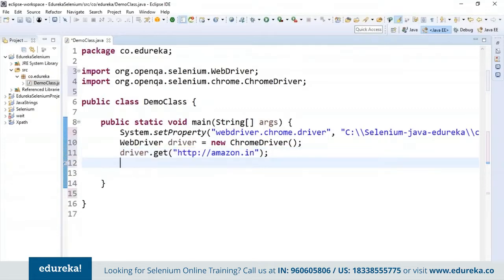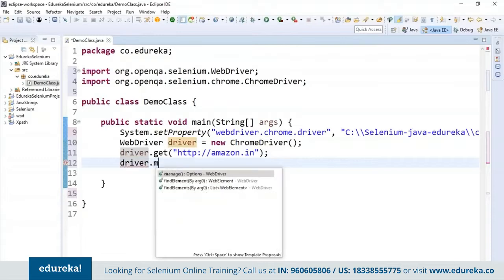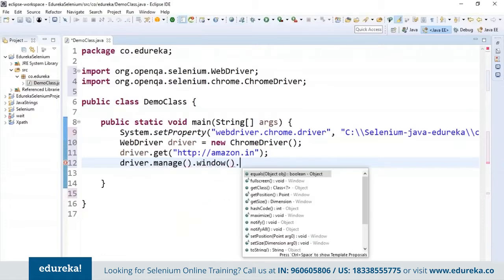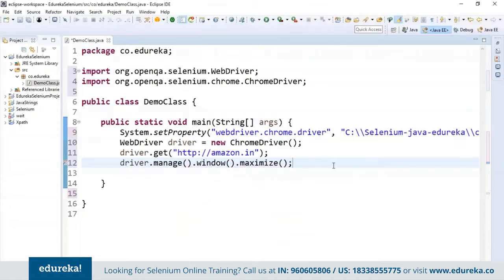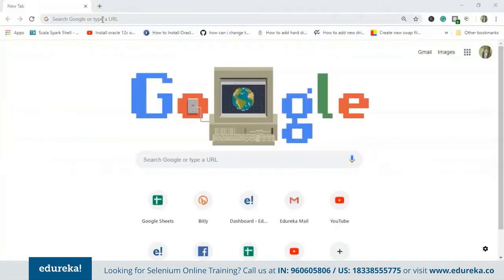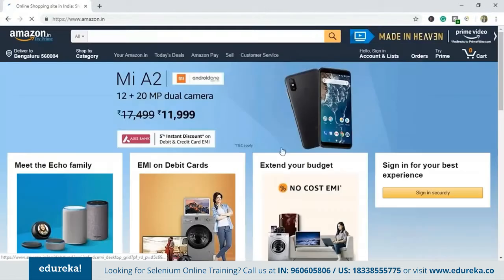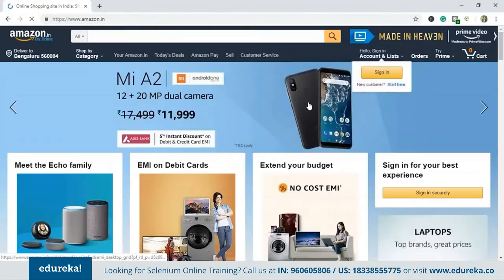Now, say if you want the web page to maximize, how would you do that using Selenium? So to do that, I'm going to consider the object of the WebDriver, that is driver.manage.window and maximize. This command helps in maximizing the web page. Okay, so now let's take a look at the web page once. Okay, now let's search for Amazon.in. Okay, you can see that this is a web page and each element in this web page is called